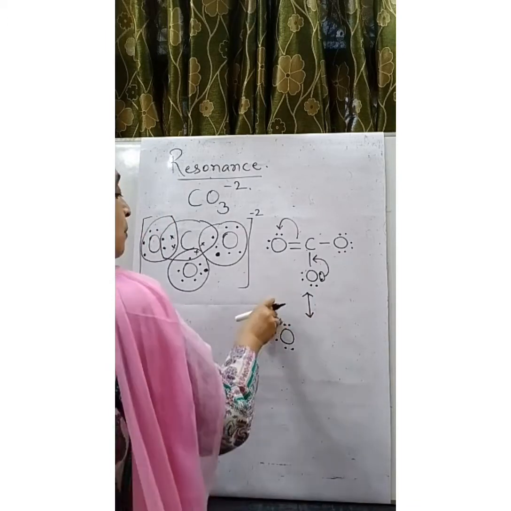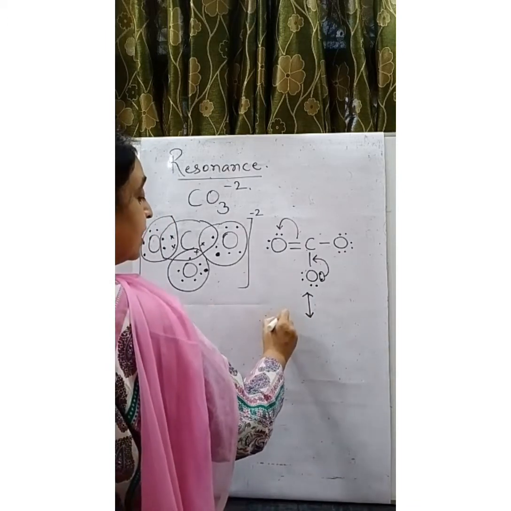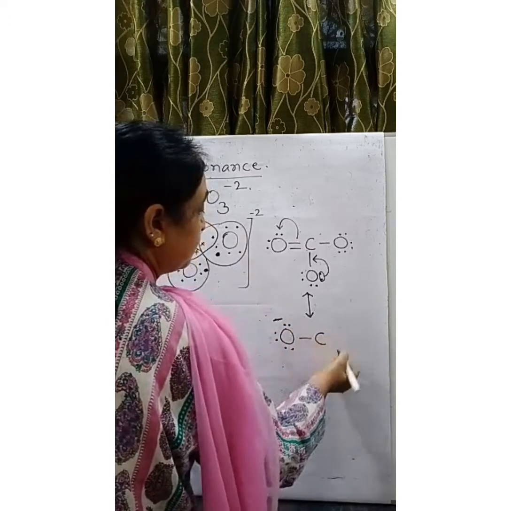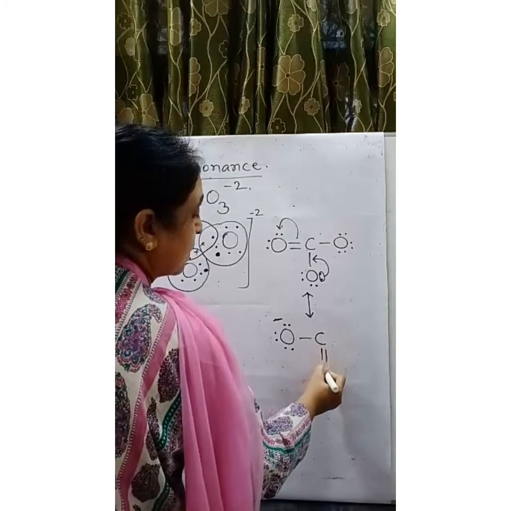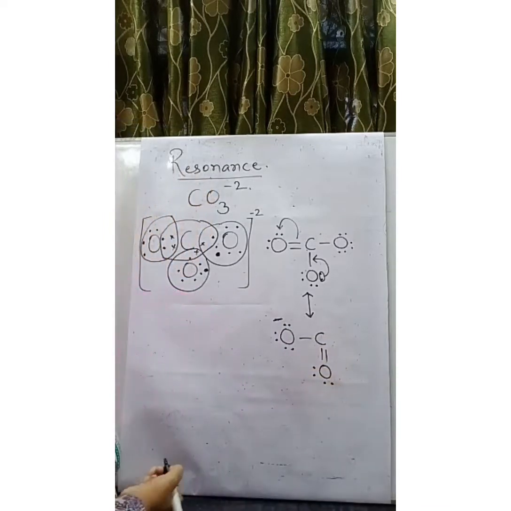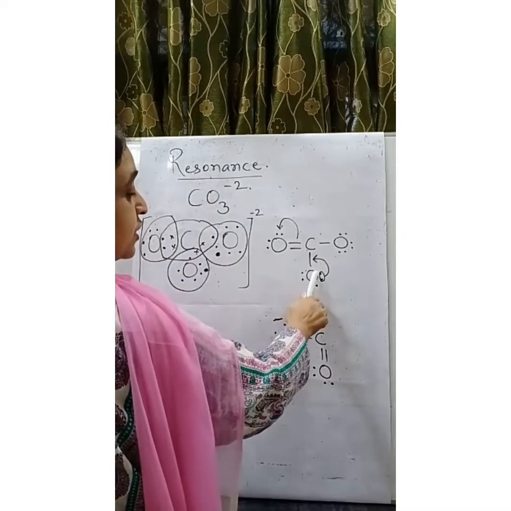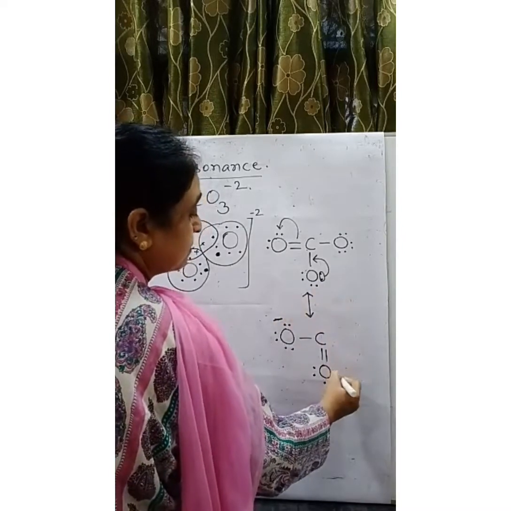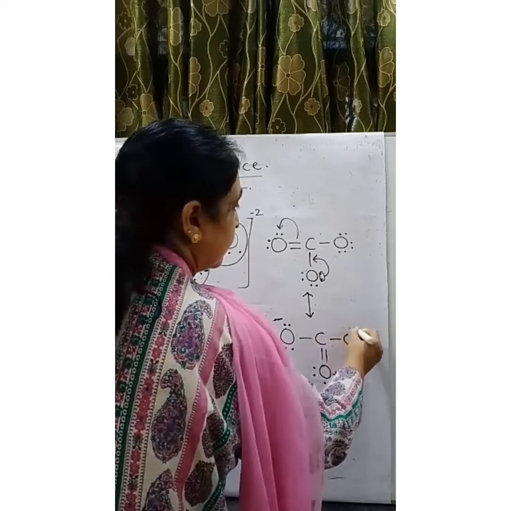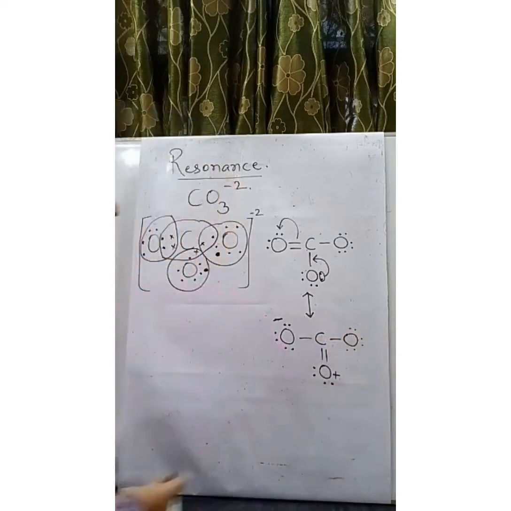Or we can just put a negative sign. A negative sign is developed by the oxygen. Single bond, carbon. Double bond is formed here, oxygen, 4 electrons. Now since this oxygen is deficient of electrons, it develops a positive charge. Single bond, oxygen, already having 6 electrons. So this is one of the resonating structures.